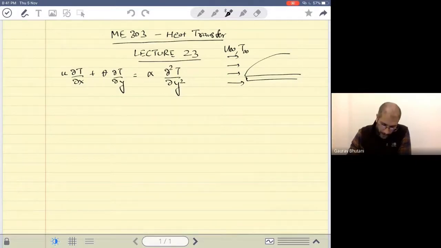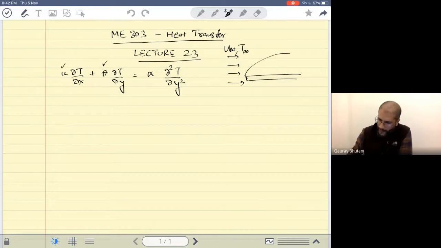Okay, if you remember from fluid mechanics, you used the Blasius method of similarity to solve for the u and v in this boundary layer. So the idea is to use the same similarity solution. So what we'll do is a quick recap of what we did in fluid mechanics when we used the Blasius similarity solution, and then it will be very easy and very quick to understand the same idea in solving for this energy equation.